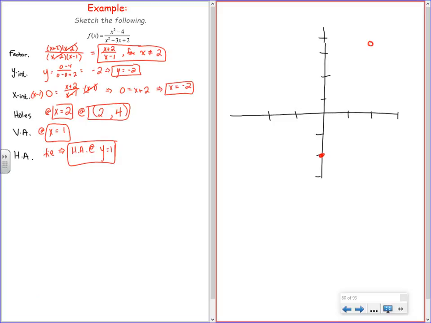I like these ones where we have points. There's an x-intercept at -2. There's a vertical asymptote at 1. Horizontal one at